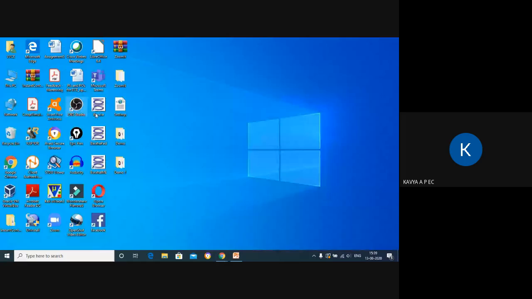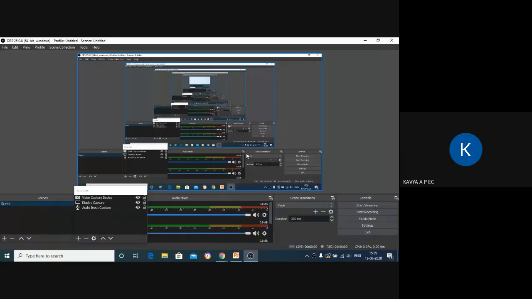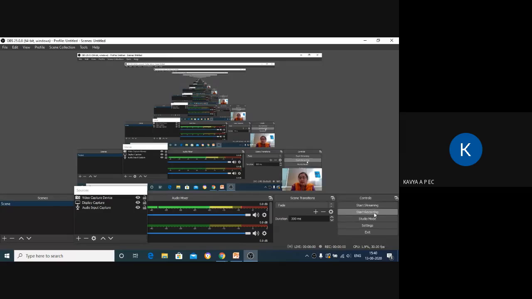So you have this OBS Studio. You can see here, actually this is not user-friendly software, but it will give you all the options to record. And one more good advantage of OBS software is you can directly stream whatever you're recording, that live video, into your YouTube channel. So that is one option that is available in OBS software. But we will not touch upon that, that is streaming. We'll just talk about recording.